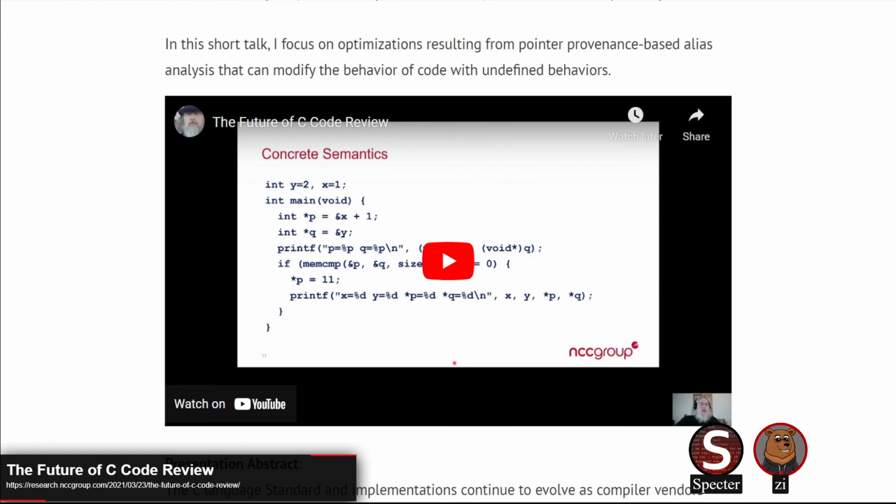So what this pointer provenance-based alias analysis talks about is the idea that when you do that, it might still know. They have the example code here. They declare 2 integers, y and x, in global scope actually. Then they create a pointer p, an int star p, that points to the address of x plus 1, and q, which points to y.